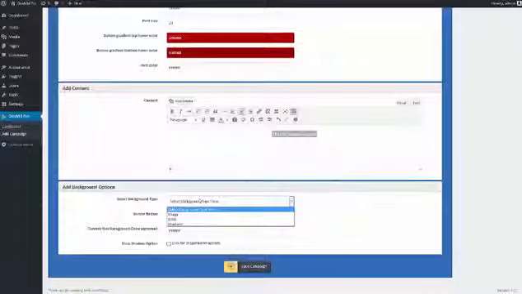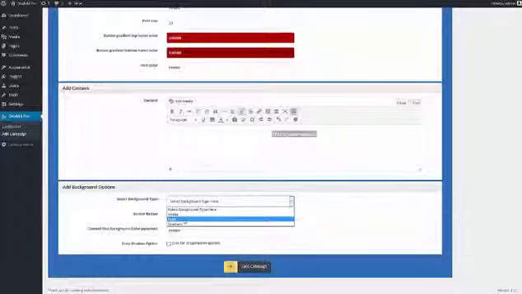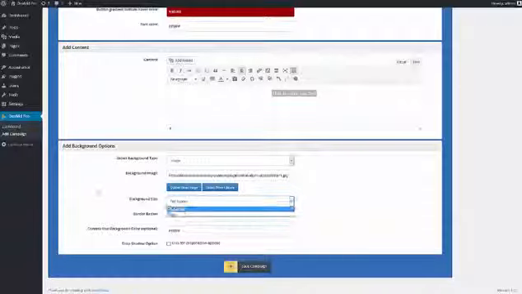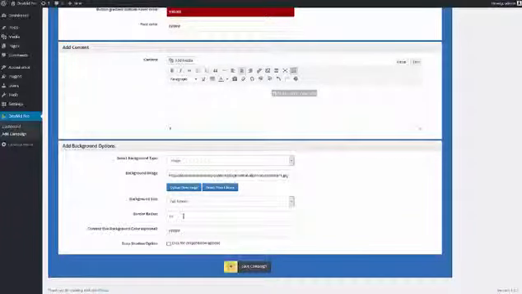Next up is the background area. So for the background image, you can set up an image, a solid color, or a gradient. So we're going to just pick image, and then you can pick images from the image library of all these high converting, very slick images. And let's just pick one here. We'll pick this blue one, which I think is pretty cool, and you can set it up to be tiled or full screen. The border radius then is for the box that everything appears inside,